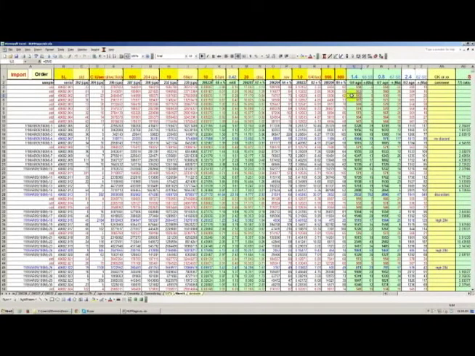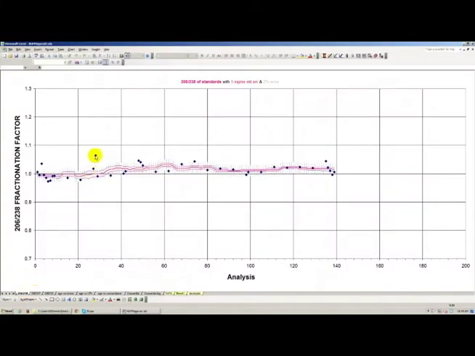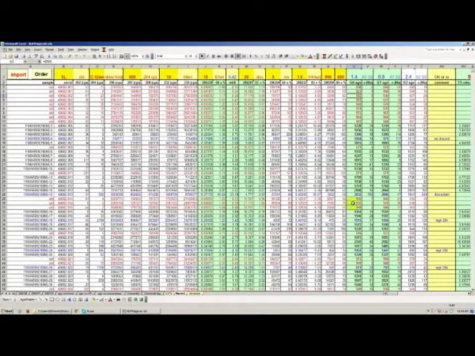In this case, grain number 3 has an age of 542, and if you go back over here to 206/238, point number 28, and go back to sheet 1, point number 28 is down here, and it has an age of 532. That age is considerably younger than the average age that you measured. And if you look at the W column, where you have the 206/207 age, that one is significantly younger too. What this is telling us is that it is very likely that this standard, or this particular crystal that we mounted, has some issues, because this 6-7 age should be way more stable than the 6-8 age